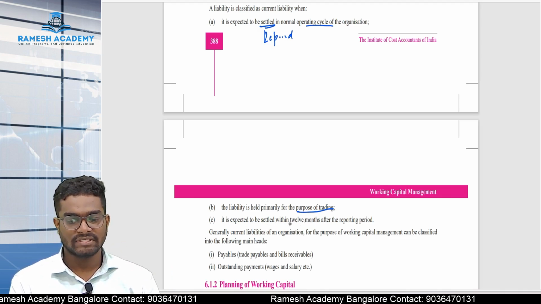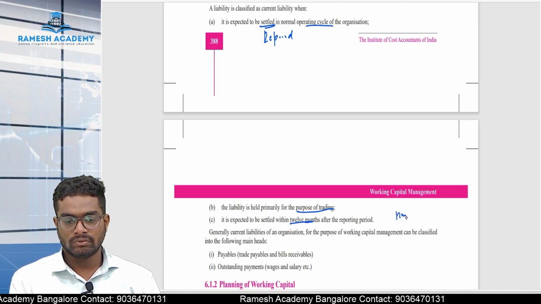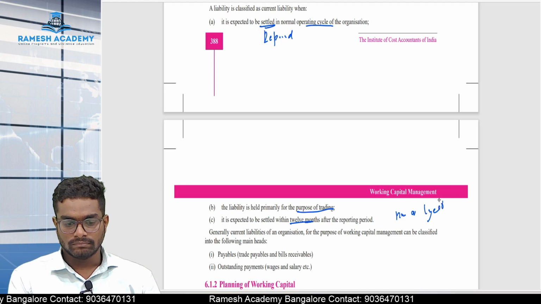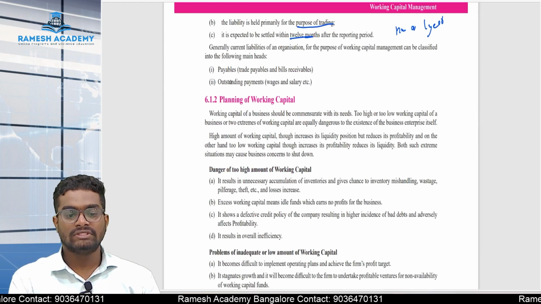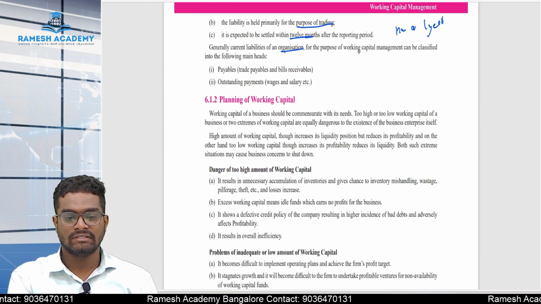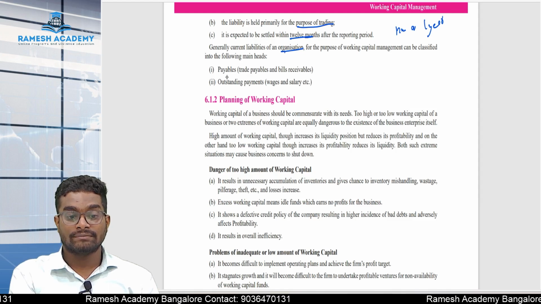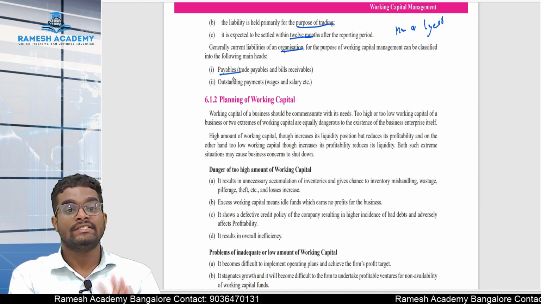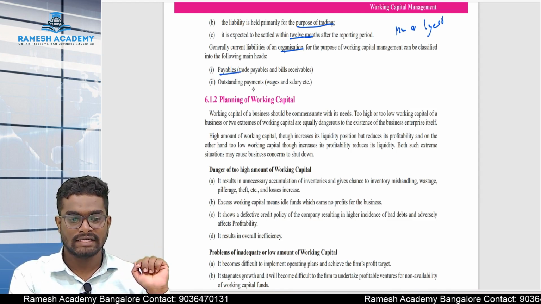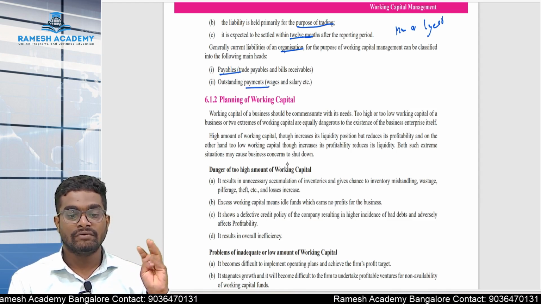It is expected to be settled within 12 months. So 12 months or 1 year. Now generally current liabilities of an organization for the purpose of working capital management can be classified into the following. So mainly it is payables or sundry creditors and second one is the outstanding payments, which is the wages and